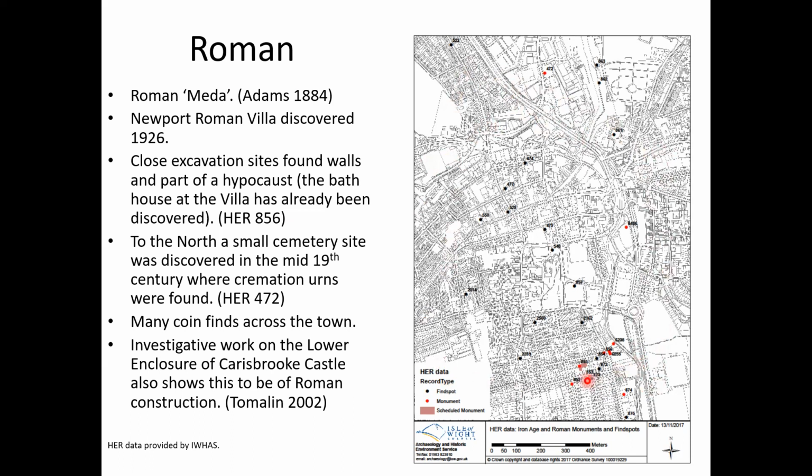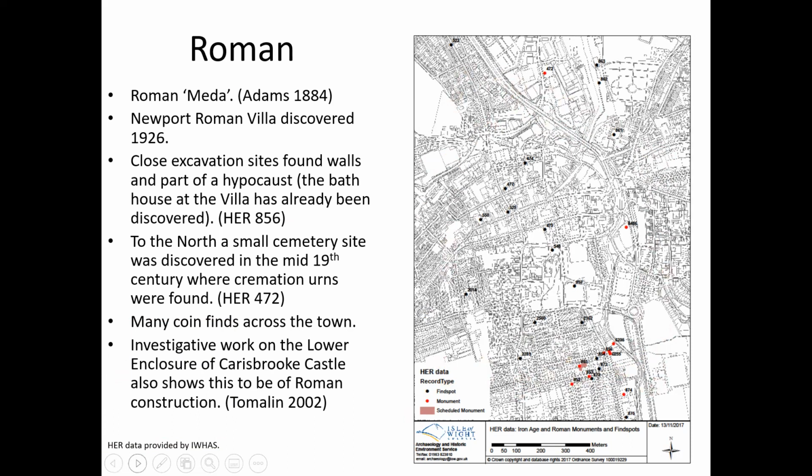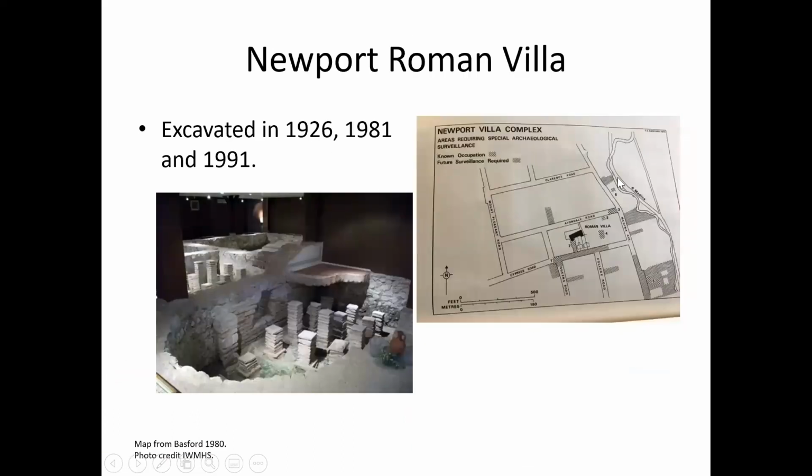And also at this time, we've got possibly the remains of Carisbrooke Castle, or the lower enclosure at Carisbrooke Castle, being potentially of Roman construction. When you look at a map, it is a playing card shape, which is quite indicative of a Roman site at that time, or a Roman military site indeed. So that's our Romans. As we move onwards in time, oh yeah, we've just got a little bit more Roman there to show you inside the villa itself,